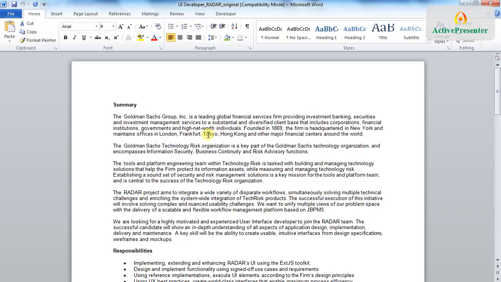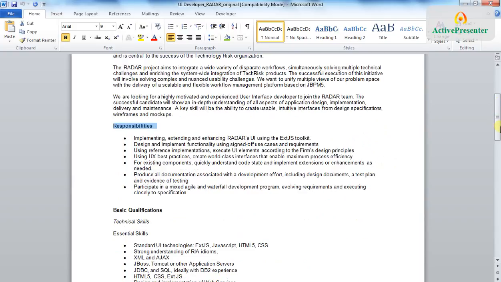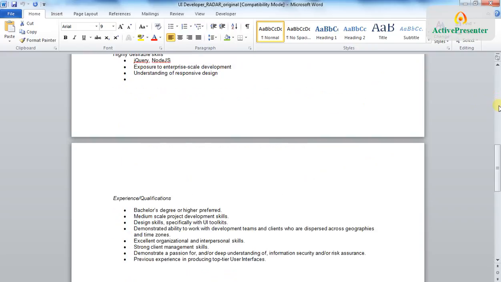So let us see how you go about analyzing the job description. A job description typically contains different sections. It can be a summary section which gives you some details about the company and the project. There are the responsibilities of what the employee working on this project would be doing for this particular position. Then some technical skills which are required in order to do the job. Then the qualifications and other details.